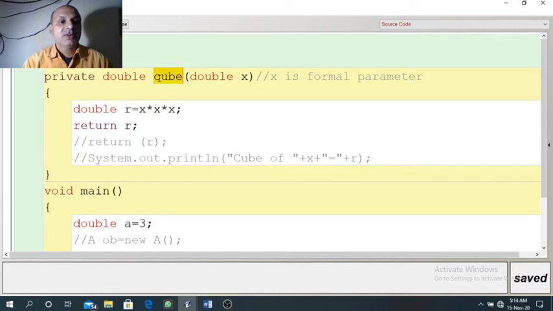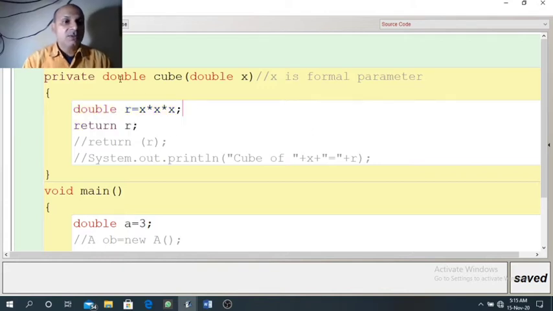Cube is the name of a function. Double is the return type of the function. Private is the access specifier. This function receives one double type of argument in the variable x. Now in the body of the function we have only two statements. R will store x cube and it will return the value of R.